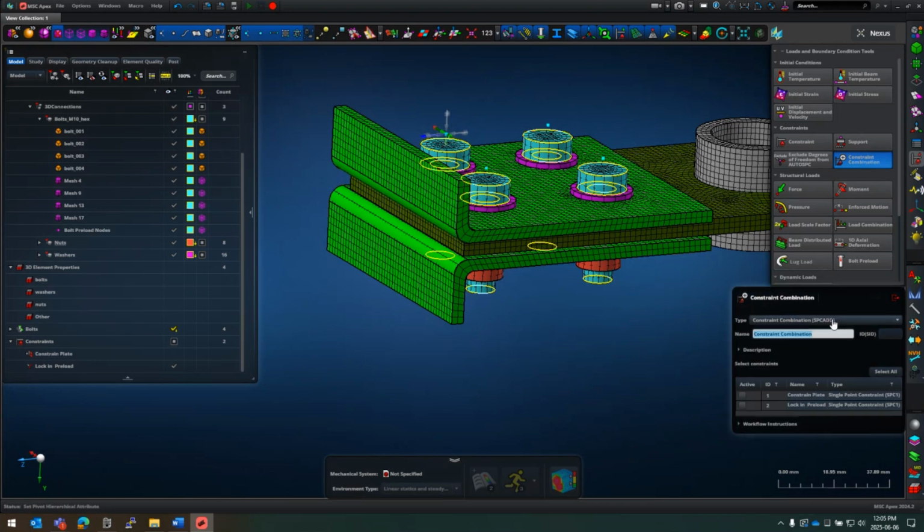So let's call the first one the preload constraint. And for that, if I look at the constraints available, I only need to pick the first one. So I constrain the plate, but I do not yet lock in those additional constraints. Okay, and then for the second one,